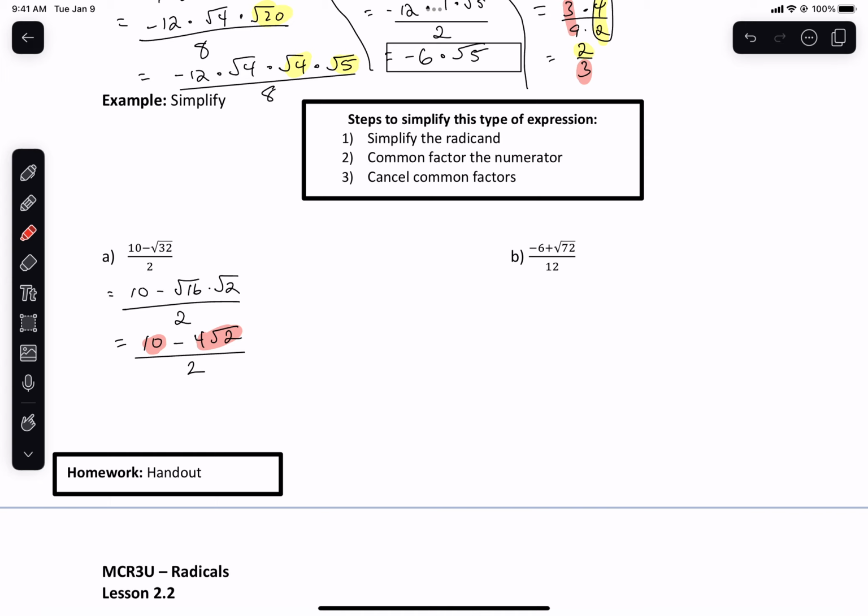Last year we discussed this concept, the most basic form of factoring, which was called what? You're looking for things that are common across the terms. What's common across the terms there? A factor of 2. Everyone agree? They're both divisible by 2. So if I remove it, I'm going to get 2 times 5 minus 2 root 2 divided by 2. What happens to the 2's? So our answer,